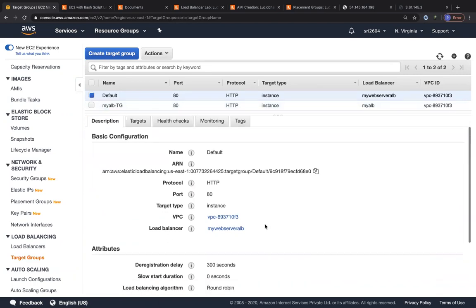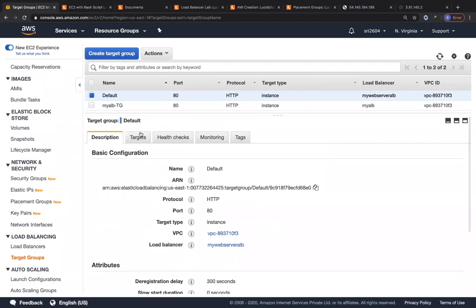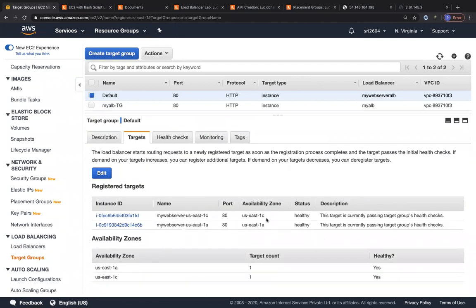And you can see for the target group, the protocol is HTTP, the port is 80. And under targets, you can see both of these instances are in the healthy status because our health check has passed. Our health check is proper. If you see that your instances are in the unhealthy status, the first point of troubleshooting is your health check. The second point of troubleshooting is within your EC2 instance. You've got to go within your EC2 instance and find out whether your application is running or not.